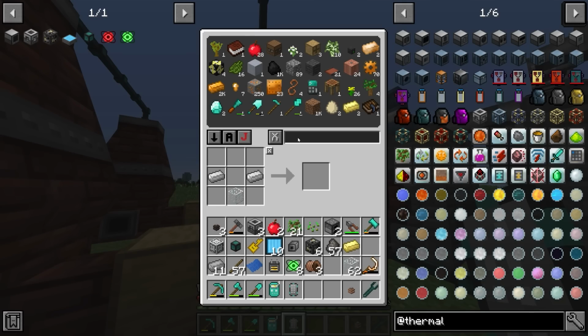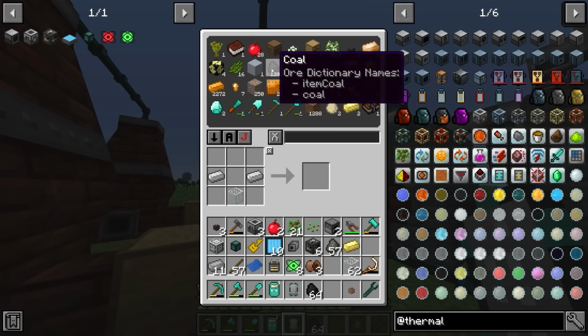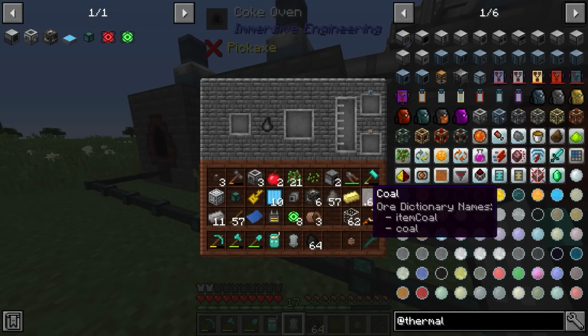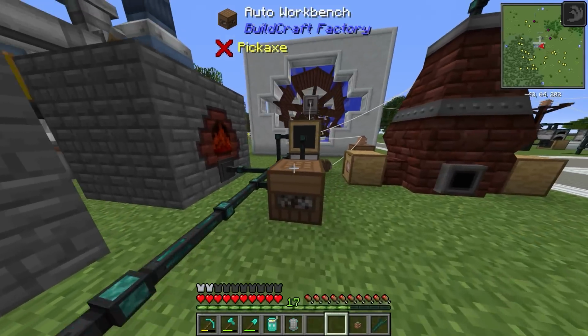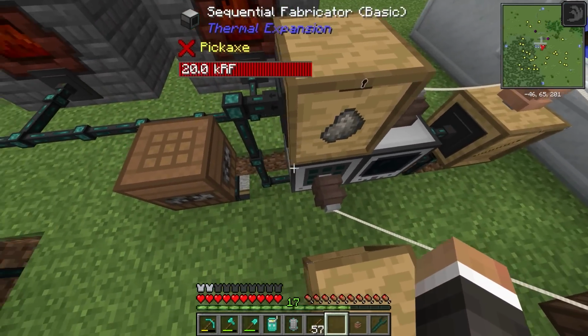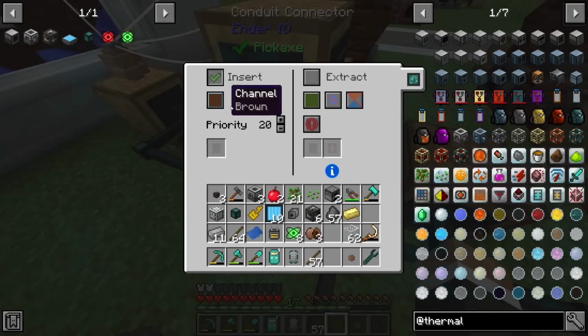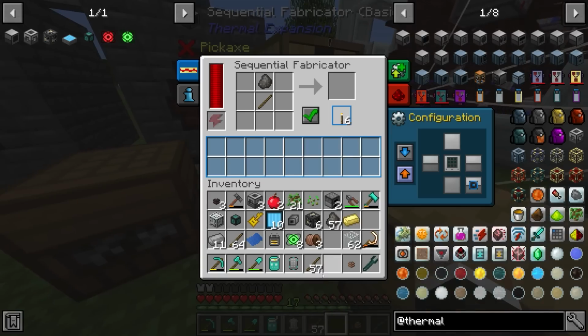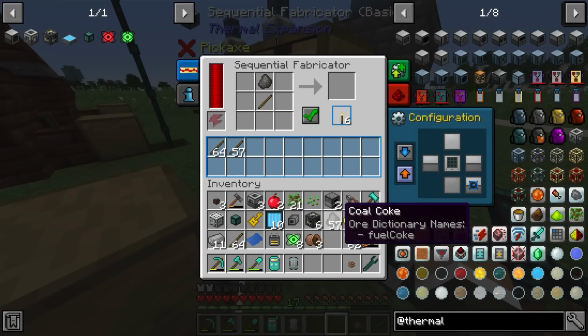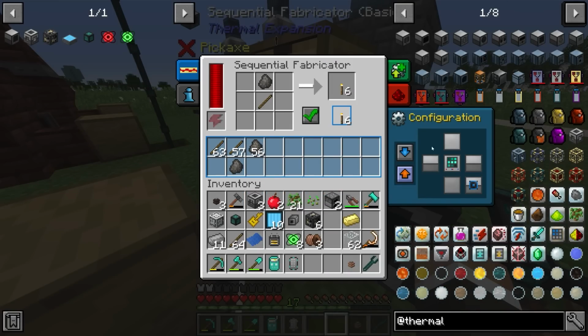So let me quickly revamp this system. I'm going to take 3 stacks of coal, and we'll throw those into the coke oven. So that's going to get that portion back online. And of course, the way this is supposed to work is that the sticks are supposed to go from the sawmill into the sequential fabricator, because again, this does have a higher priority. And so if I do this and this, we should start to see these get crafted much, much faster than